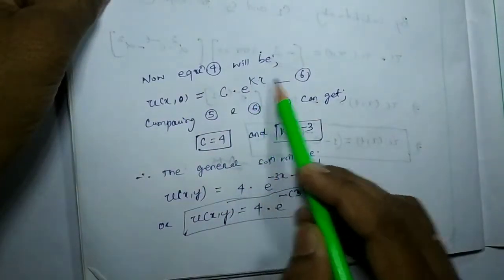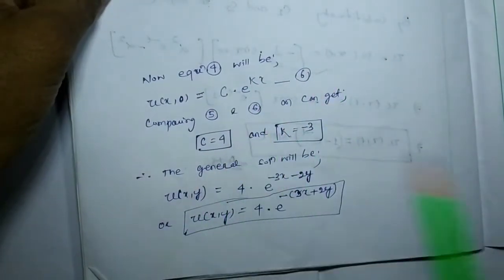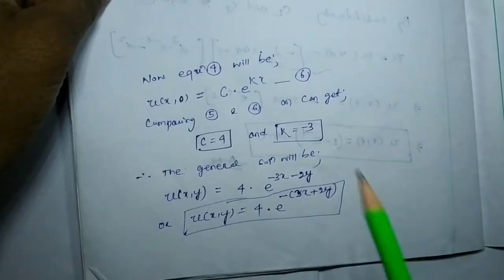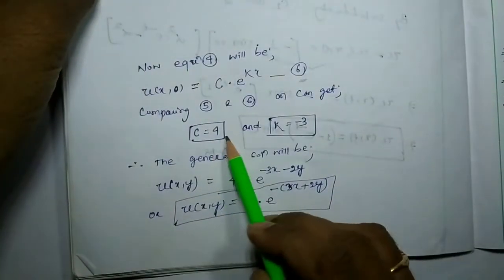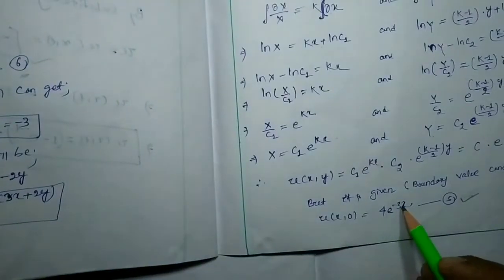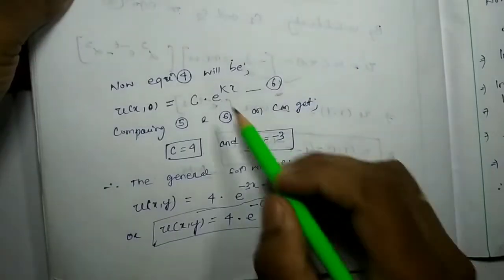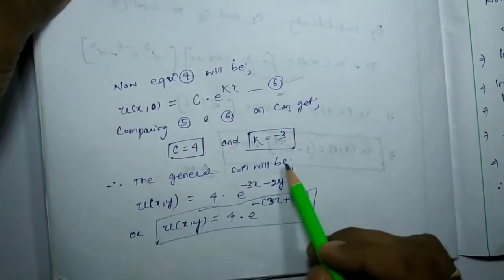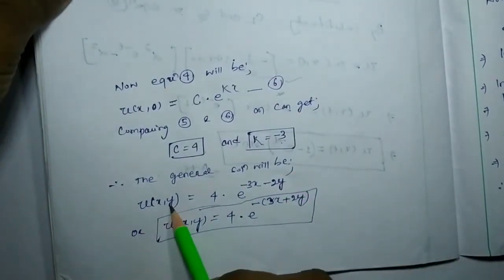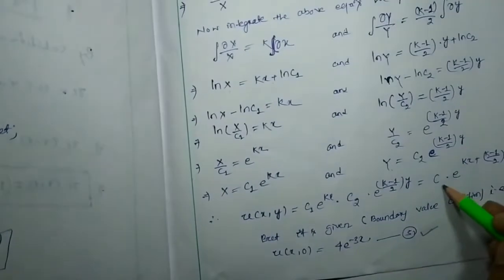Let this be your equation number 6. Now if we compare equation number 6 and equation number 5, we find that c will be equal to 4. Here you can see this is e to the minus 3x, and this is e to the kx, so obviously k will be equal to minus 3. So the general solution will be u(x,y) equal to, instead of c we have to write 4,